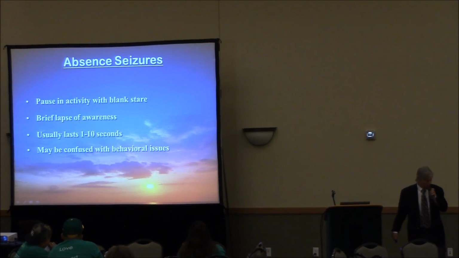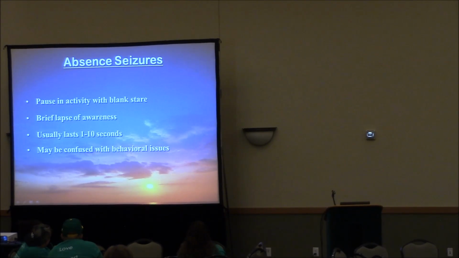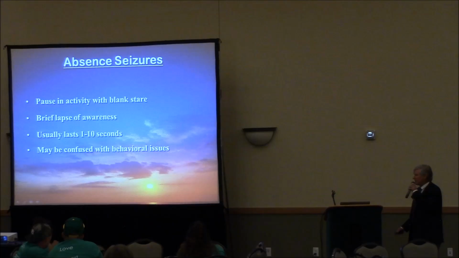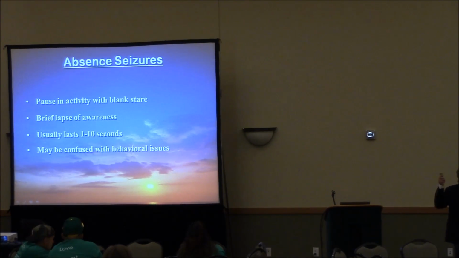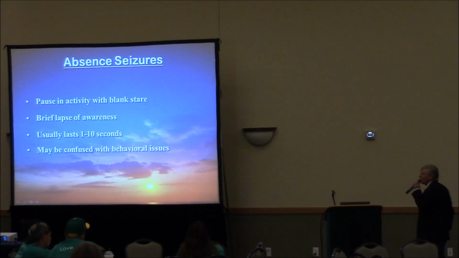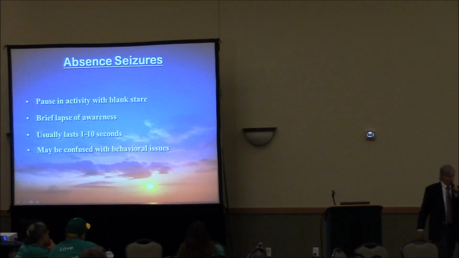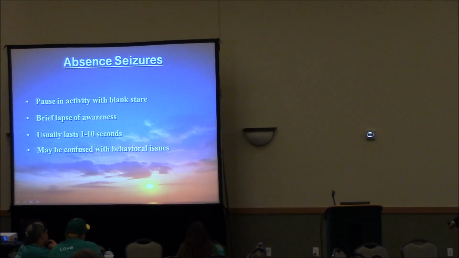I want to move on to talk about another type of seizure. This one is on the other end of the spectrum. When a person has a tonic-clonic seizure, you usually know that there is something definitely going on with that individual. With an absence seizure, you can miss this event completely. The absence seizure involves a pause in activity with a blank stare. This particular type of seizure, some of the characteristics of this seizure activity are maybe